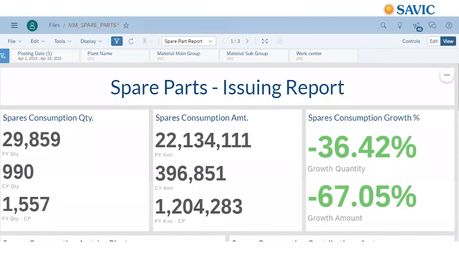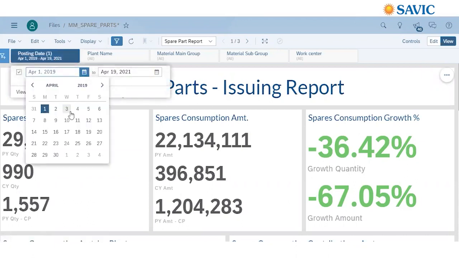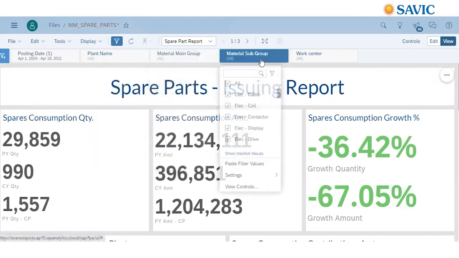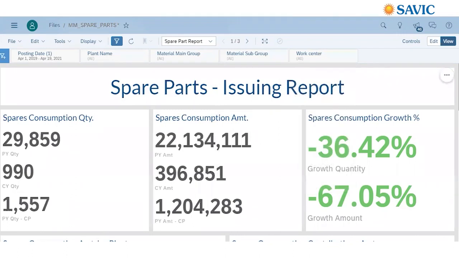In the spare parts criticality dashboard, firstly, we have various filters based on the requirement to view the data. By selecting the required values from the filter, the report changes accordingly to that selection. Then we have key indicators such as spare consumption quantity and spare consumption amount for the current year and previous